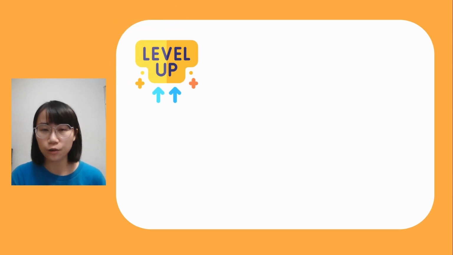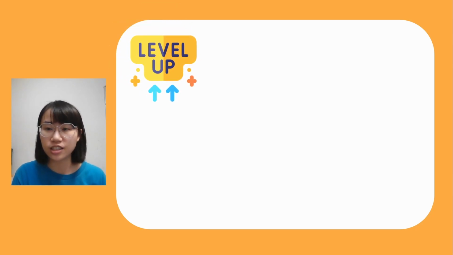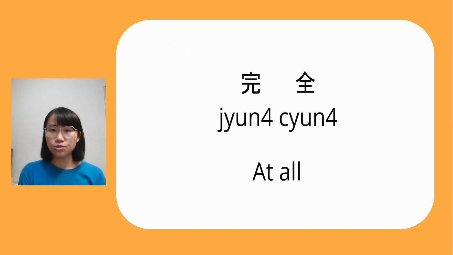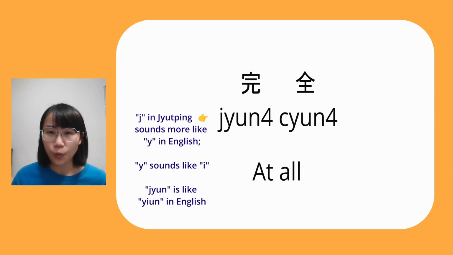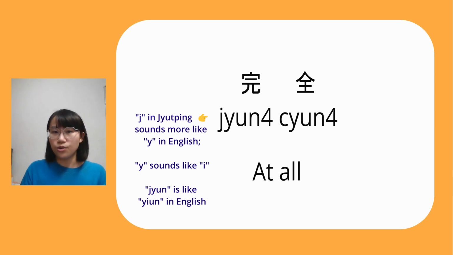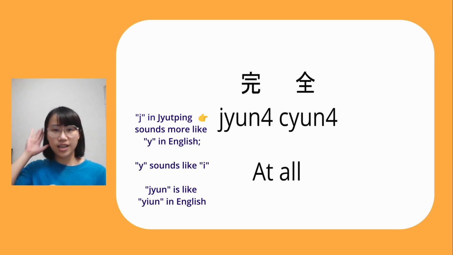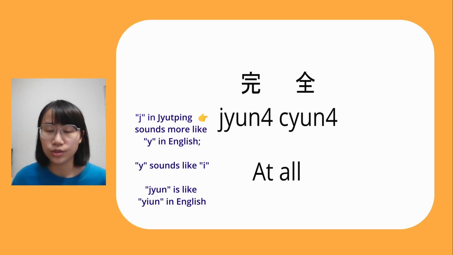You just learned how to say I don't know Cantonese, but it's not surprising enough. So we need to add the word any Cantonese at all. How to say that at all is that 我完全唔識廣東話。完全 is the word at all. So repeat after me. 完全. Right. 完全.